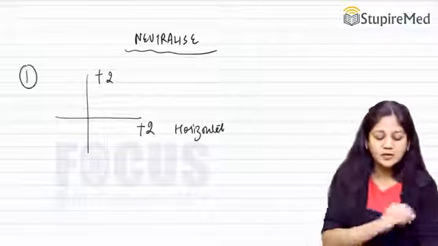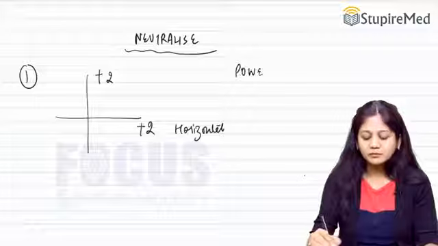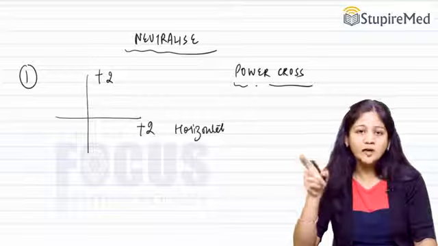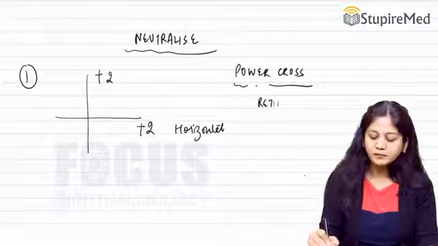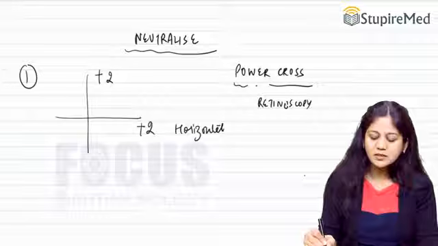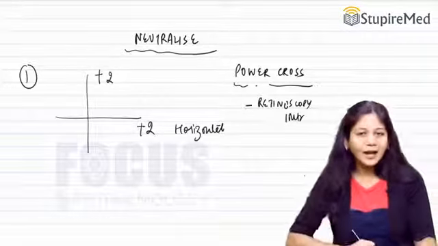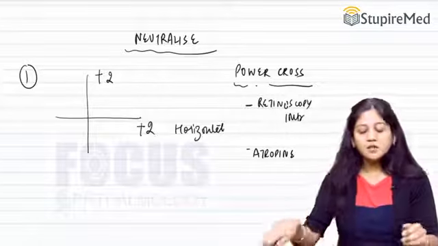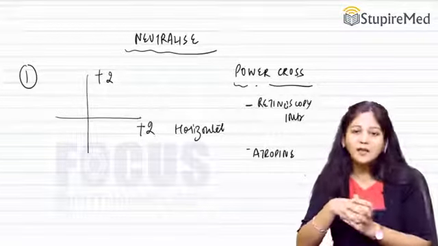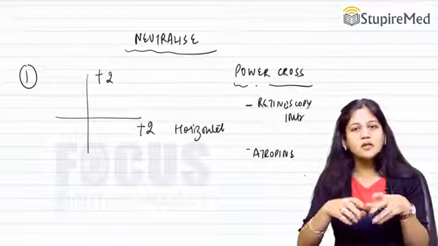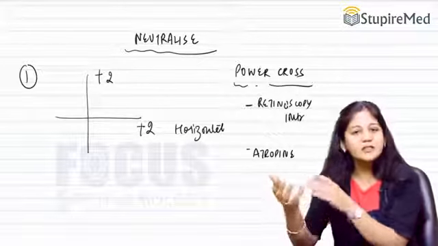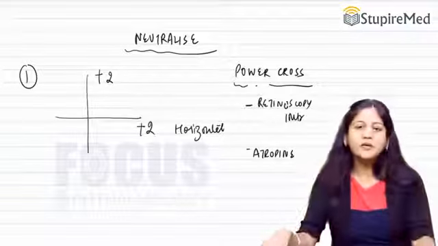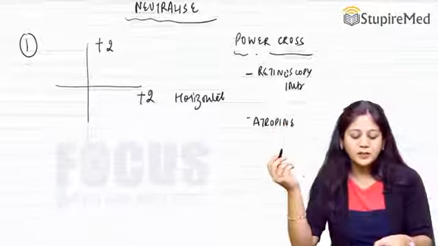Let's say this is the first question where this is the power cross, which is neutralized by +2 sphere, and we are doing a retinoscopy at a distance of 1 meter. And we have used atropine for cycloplegia. Okay, so this is one question which is commonly asked in your examinations. They give you a power cross. They say that retinoscopy is done at a distance of so many meters, and we have used one cycloplegic. Now, what should be the prescription of the glass for this particular patient?